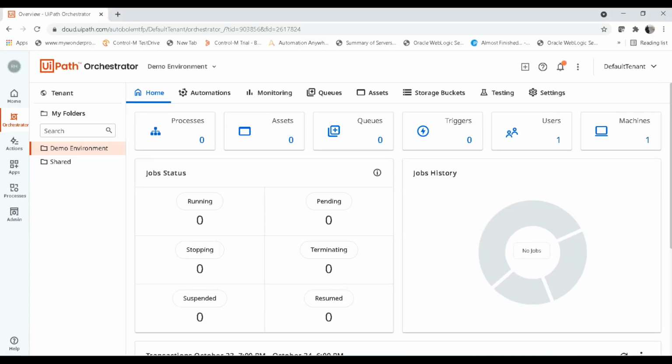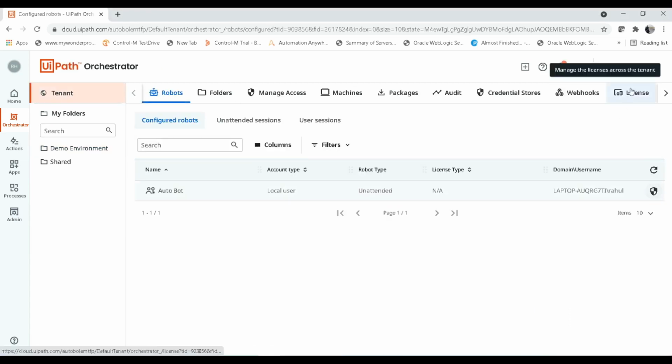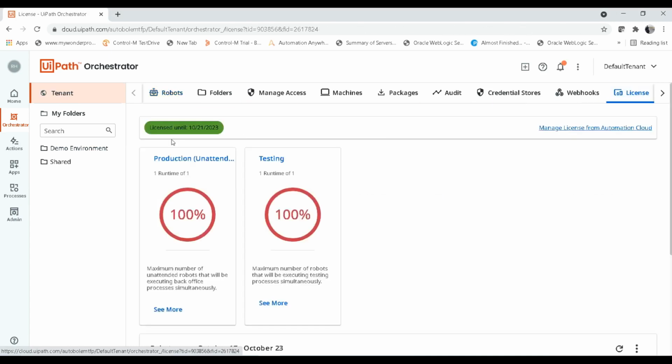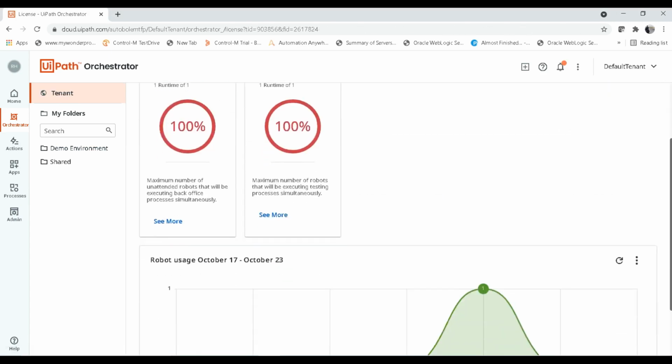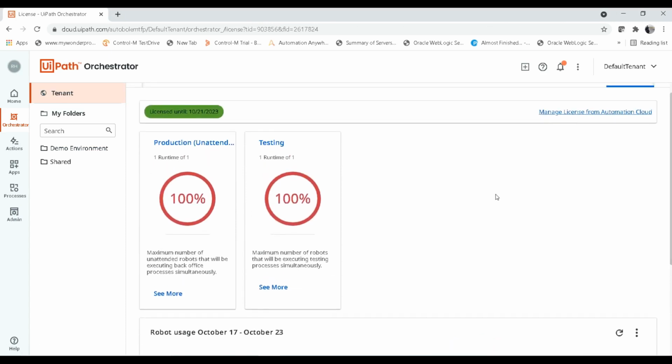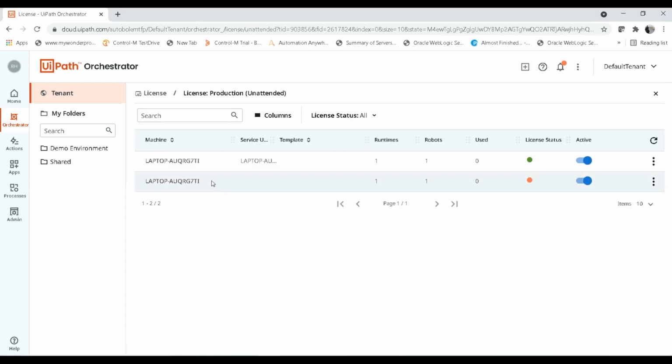And one more thing, in a few scenarios you may have faced some issues like license issues. So you have to verify here also: go to tenant, then go to license, and make sure the license is properly allocated in the license tab. Sometimes we may have allocated it, but due to some application issue or network issue, the license allocation may not be done properly. So we need to make sure this is done properly. Otherwise, you have to go to manage and allocate the license again.